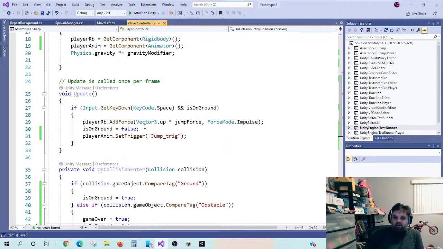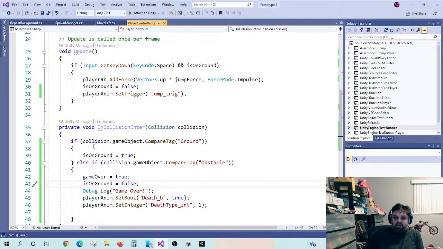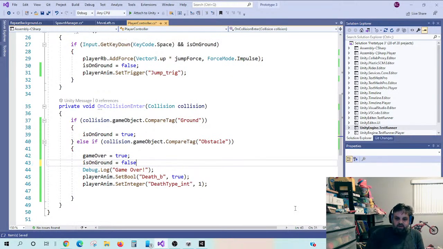So when he's in the air, it's false. But the thing is, he's touching the ground and he's touching this. So we have to make it